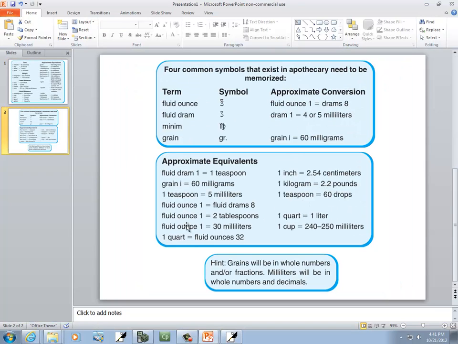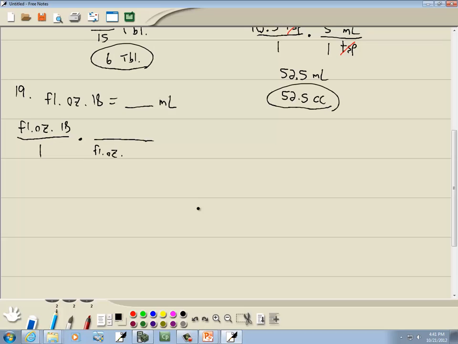Here's one. 30 milliliters is 1 fluid ounce. So fluid ounces cancels there. 18 times 30, what's that? 540